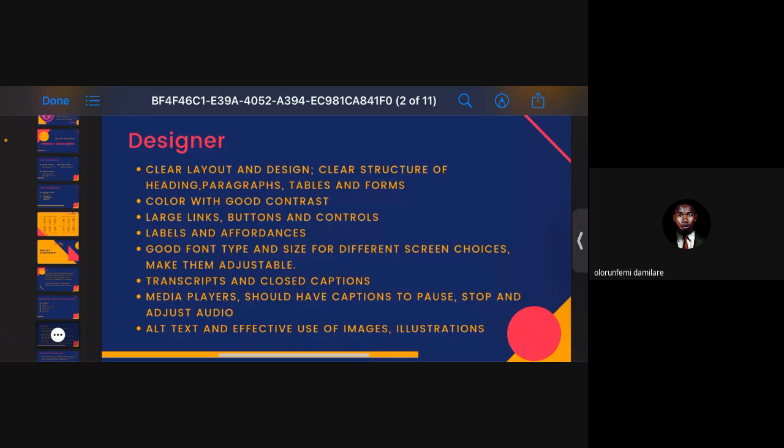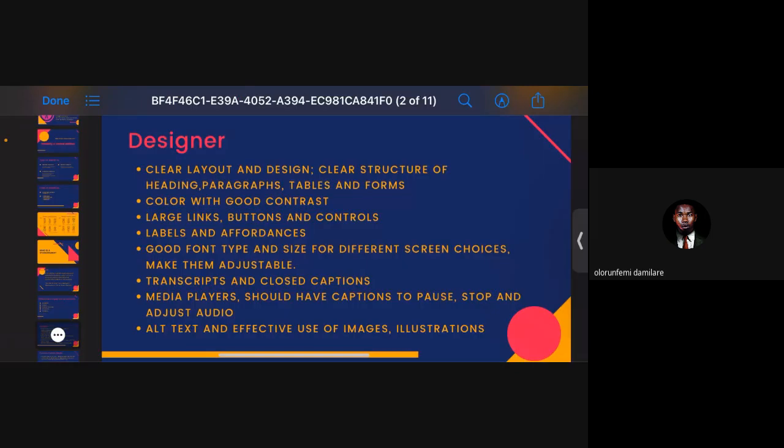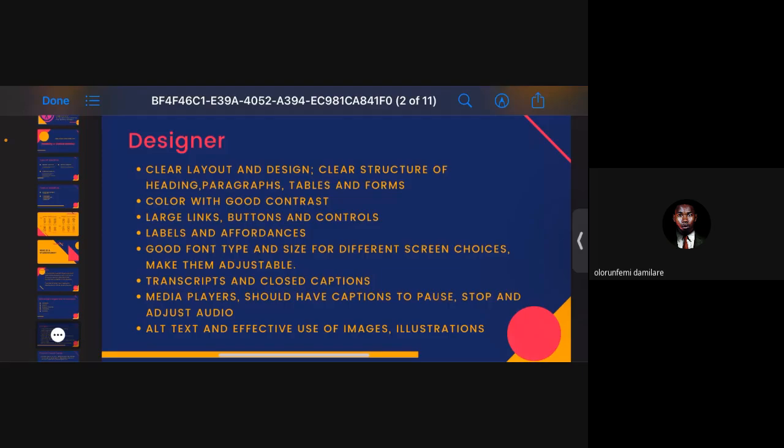This means clear structure of your headings, clear structure of your paragraphs, your tables, and your forms. When you're learning, you learn the basics, right? You learn why layouts are important. You learn why all these are important. Sometimes you want to skip it because you just want to rush into Figma, but I advise you take your time, because these things are important if you're going to build an accessible product, right? Why do you think it's important for your headings and your structures to be clear, your paragraphs? It's not just to copy and paste letters. Let me tell you why.